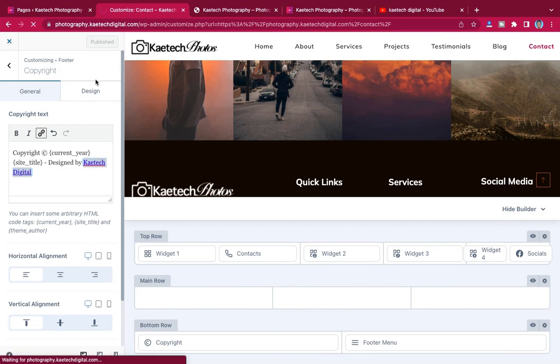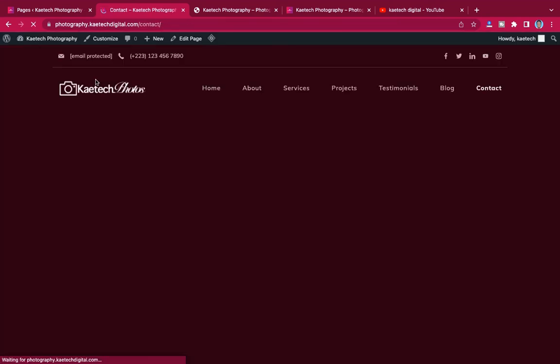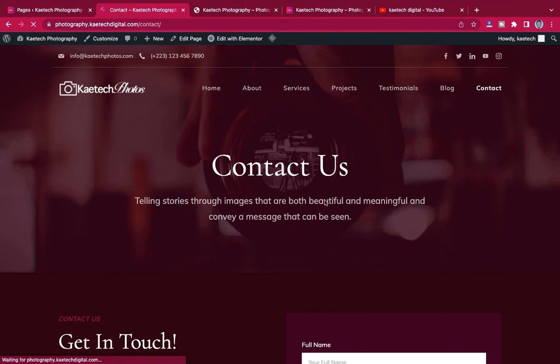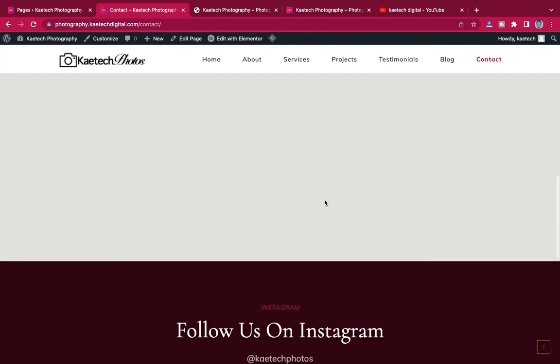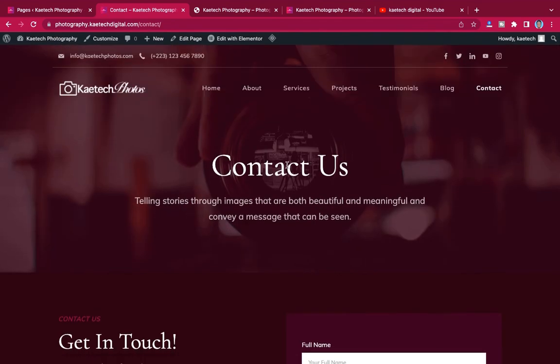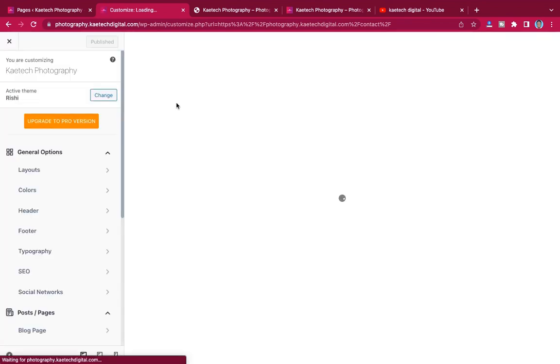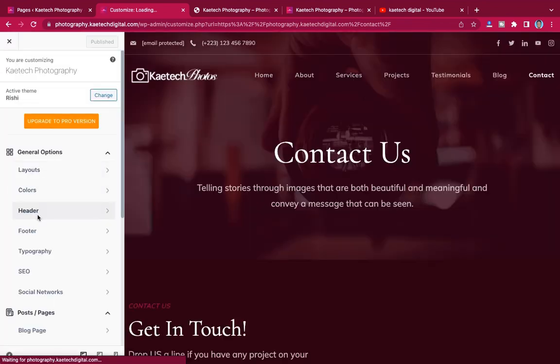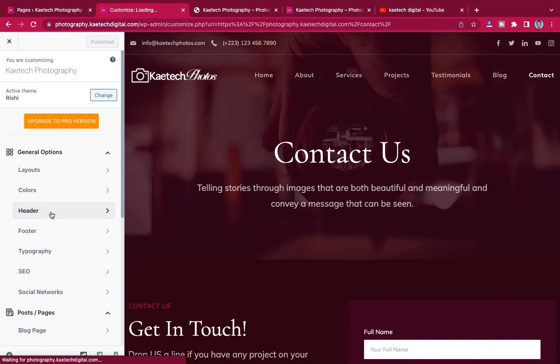Let's go back. Okay, so basically we are done with the footer. Now I forgot one thing. Let's go to customize again. I forgot one thing. Okay, so now that we are at the customize, let's go to header. Okay, click on header,